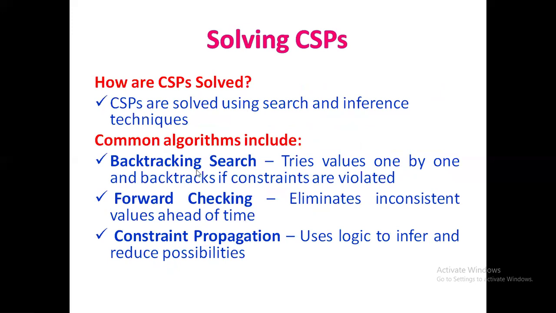Common methods include backtracking search, which assigns the values incrementally and backtracks upon constraint violations. Next, forward checking, which proactively eliminates inconsistent values from future choices to reduce the search space. Next, constraint propagation, which applies logical inference to further restrict possible values and simplify the problem. These approaches make CSPs useful in real world applications such as artificial intelligence and robotics, where decision making is constrained by logical rules. And next,